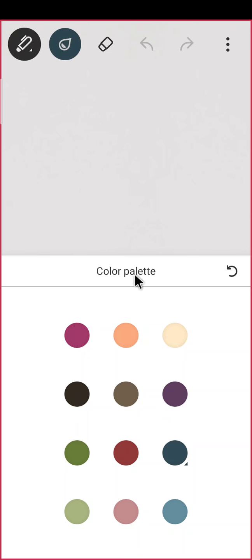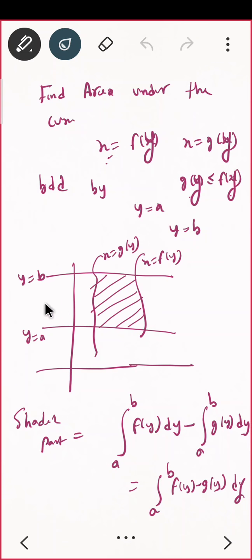Now let us do some real life problems. I hope you understand everything, the theory behind the area under the curve. And here also you can do the same logic of the ray. Insert a ray, see what is the entry curve and what is the exit curve, and what is the bound for this ray. This ray is bound by the y-axis, so here you will have dy and the limit is from a to b. So put upper limit minus lower: upper curve minus lower curve. The upper curve is x equal to f of y, the lower curve is x equal to g of y. So f of y minus g of y, that's it.